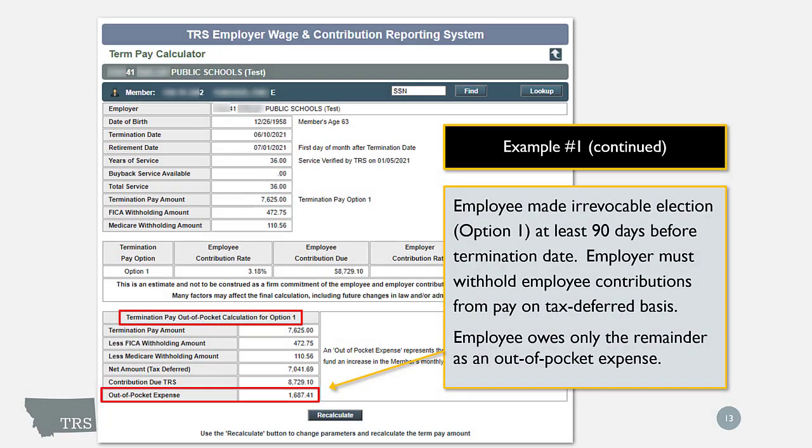Once you do that, the middle section and the bottom section appear on the page, and the middle section will show you the employee contribution due and also the employer contribution due. And at the bottom is a summary for the term pay option 1. You'll see the term pay was brought down from the top of $7,625, less FICA and Medicare leaves a net amount tax deferred of